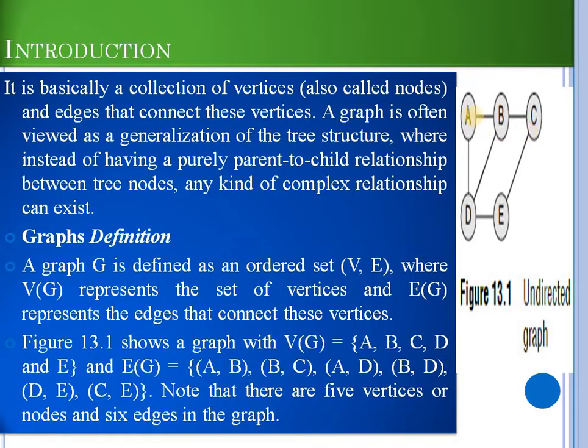Here you can understand, we have 5 vertices, and to connect them we have 1, 2, 3, 4, 5, 6 edges. Here 5 vertices and 6 edges, meaning V plus 1 edges are required. Or if n vertices are there, then to connect those n vertices we require n plus 1 edges.